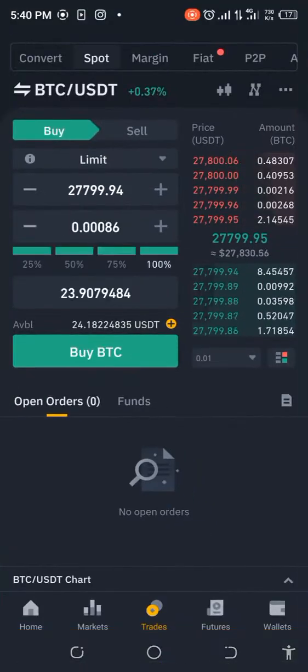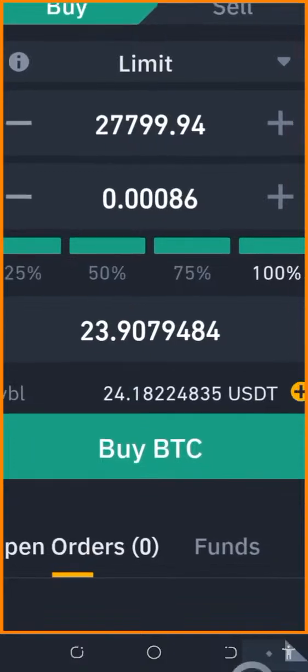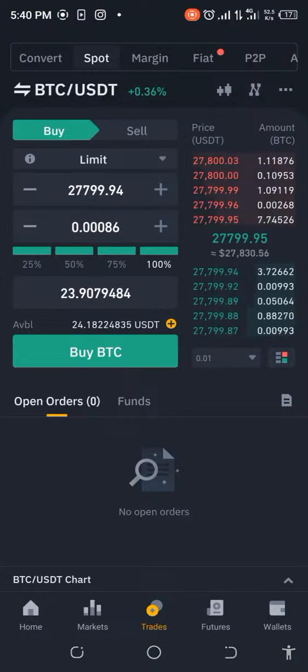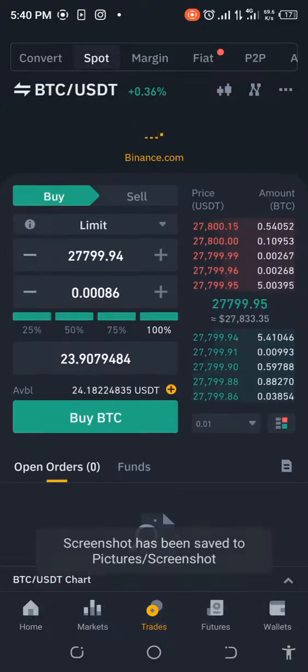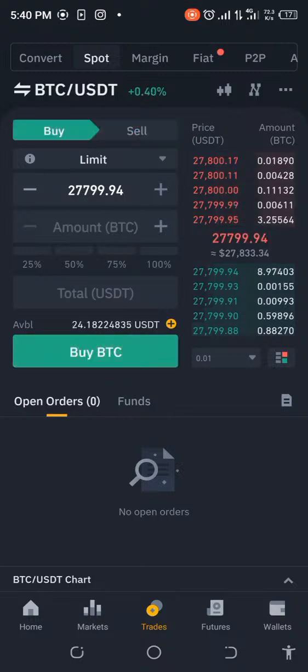We don't know yet. Let's see. Okay, it's not picking up everything. Can you see that? It's only picking up 23.9, but nevertheless, we're going ahead with that. It's not going to pick up everything like I told you. So we're going to just try and refresh to make sure that everything is set. I don't know why it's not picking up everything, but anyway, that is what we get